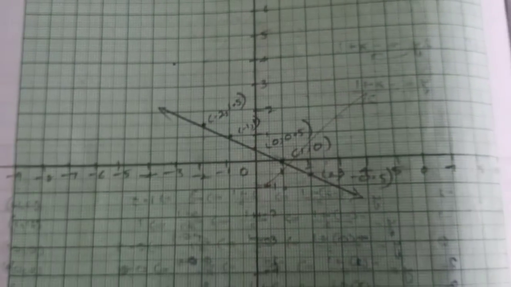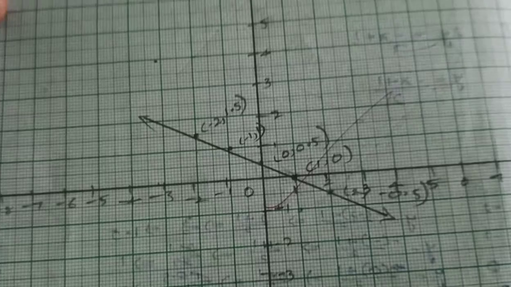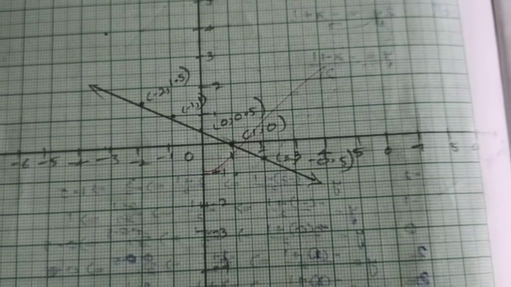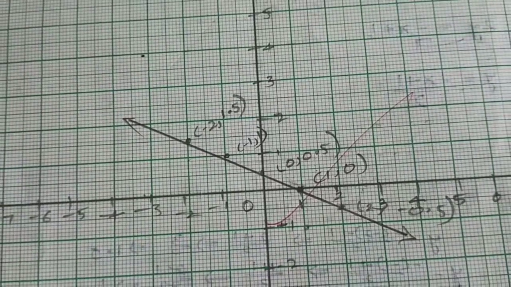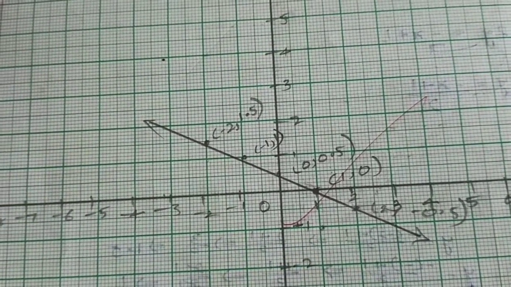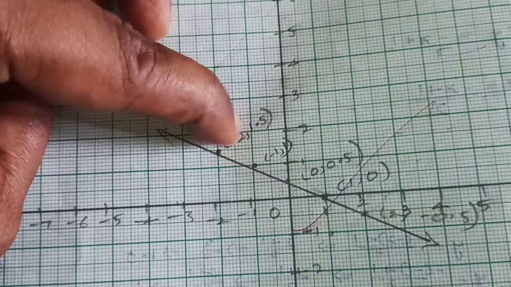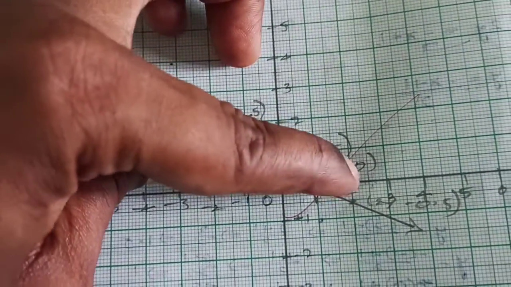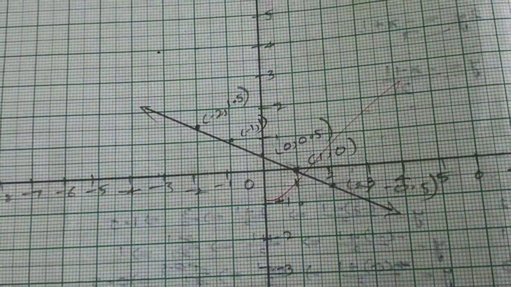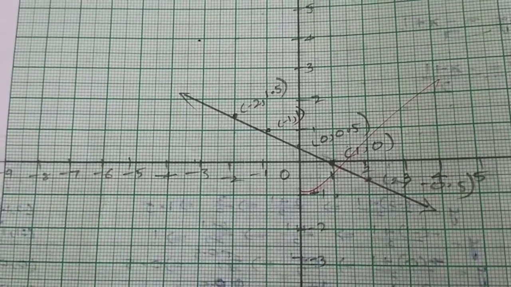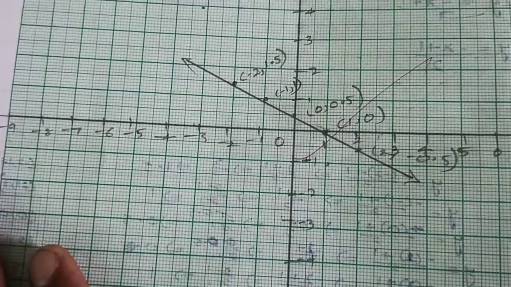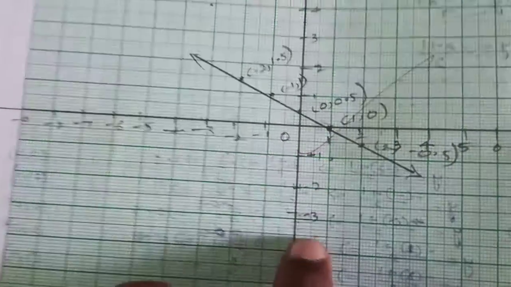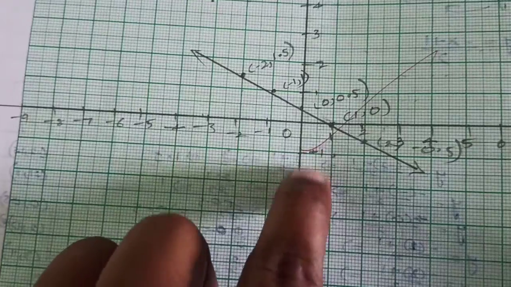Yes, then see the graph paper. She has located the x-axis, the y-axis, and this is the graph. All 5 points we have to locate very carefully, and we have to write the point names every time. She has written the point names every time, and we have to take the scale. X-axis 1 centimeter equal to 1 unit, and y-axis 1 centimeter equal to 1 unit. I have taken 1 unit and 1 unit.